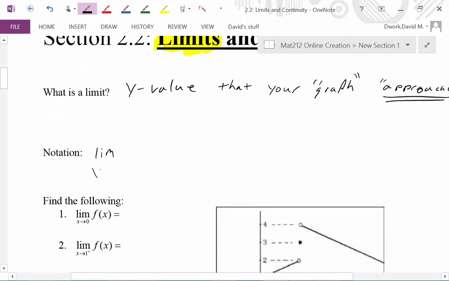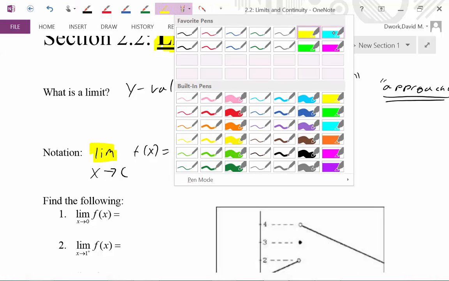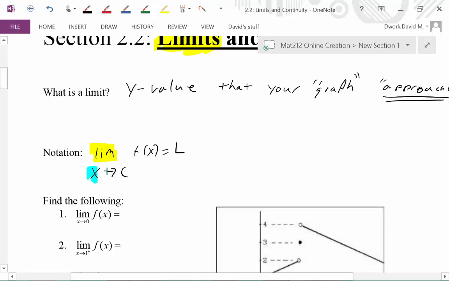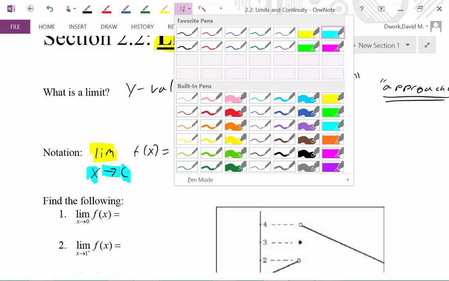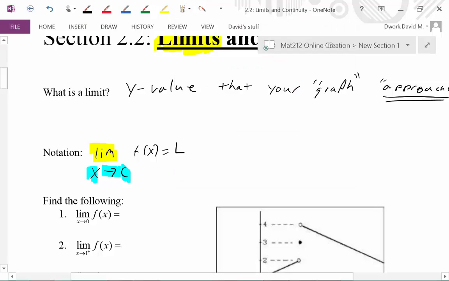So what we're going to say is it's going to look something like this, where you have the limit. Okay, so what we read is we read the limit as x approaches some value. In this case they were using c to represent any value. So what we have said so far is we have the limit as x approaches c of our function